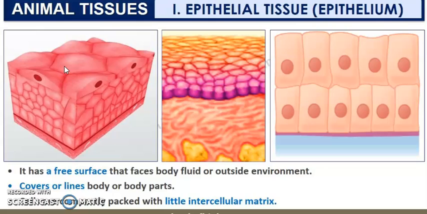So lining means it is just a surface in some part of the body. One good example which I can give you is the skin. We find that our skin is an epithelial tissue, and this epithelial tissue's free surface is